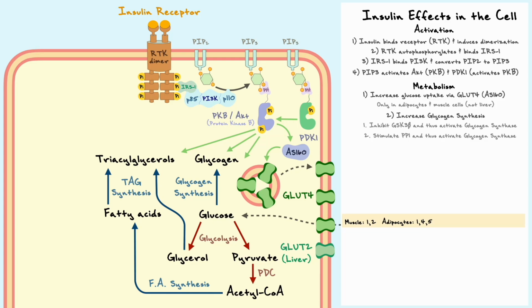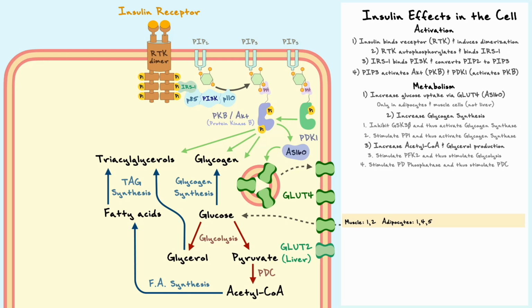For glycolysis, insulin stimulates PFK2, which results in the stimulation of PFK1 and thus forces glucose to be degraded into glycerol and pyruvate. As a quick note, all the other sugars that we covered, so fructose, galactose, and mannose, can contribute to this pathway. For the PDC, insulin stimulates the pyruvate dehydrogenase phosphatase, which activates the complex and causes the